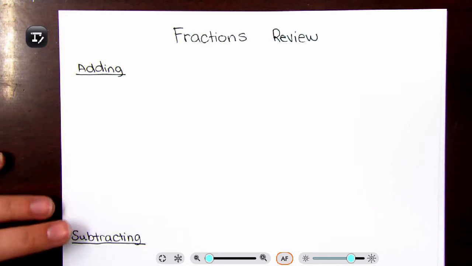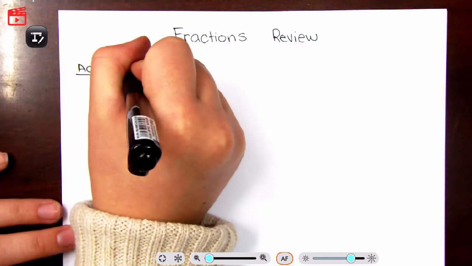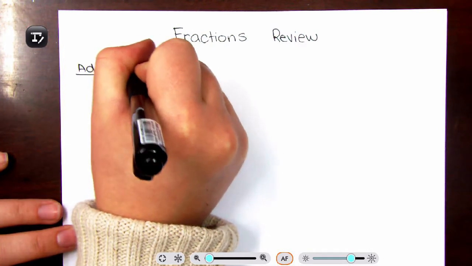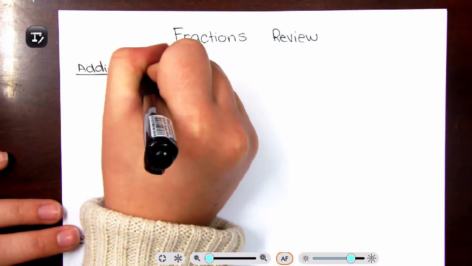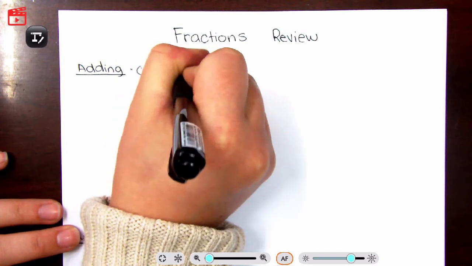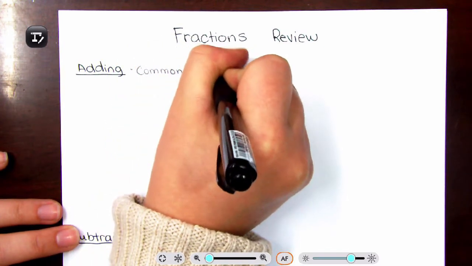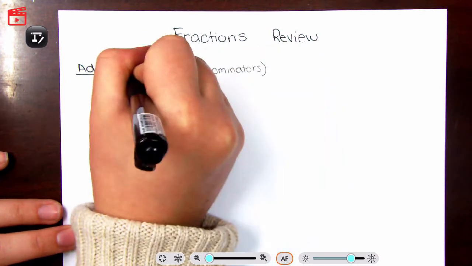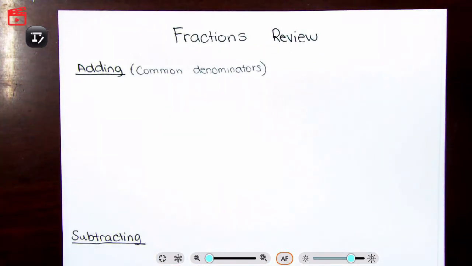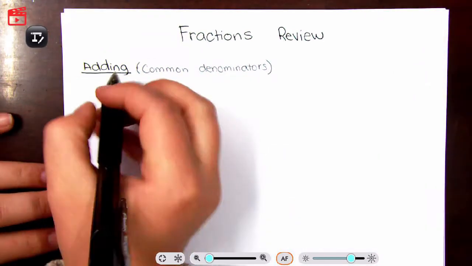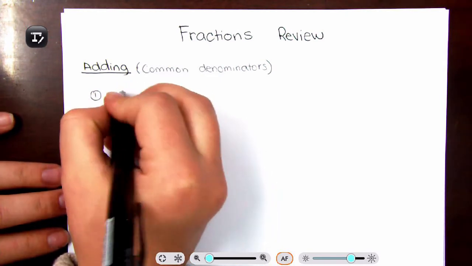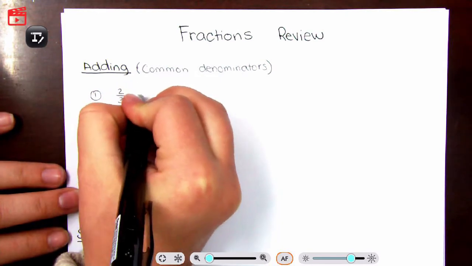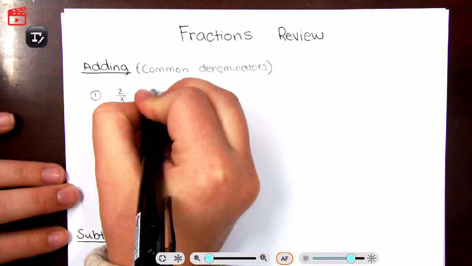Let's get started. So when you're adding, the one thing you need to know is they need to have common denominators. If they do not have common denominators, you can't do anything with them because the pieces that you are adding are not the same size. So for example, let's do example 1. If I have 2/3 plus, let's do 5/4,